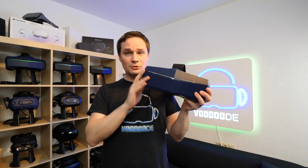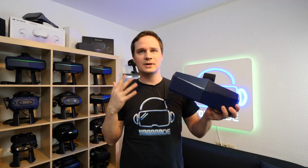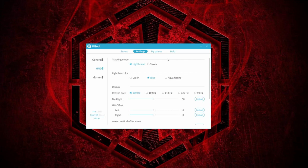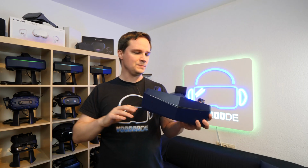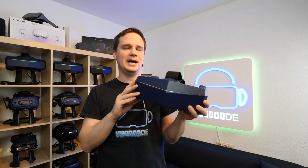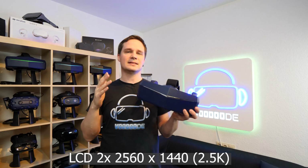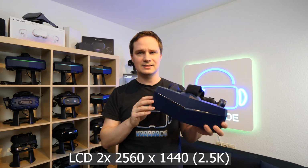But what is the difference now? Of course, the Hertz. So in the Pi tool, you can choose between different Hertz modes, like 90, 120, 144, 160 and 180 Hertz. The display of this headset is the same as with the Pimax 5K Plus. That's an LCD display with 2 x 2560 by